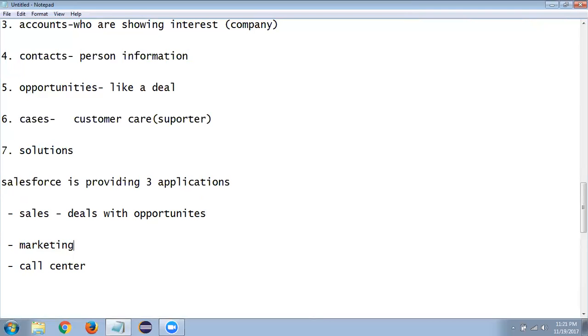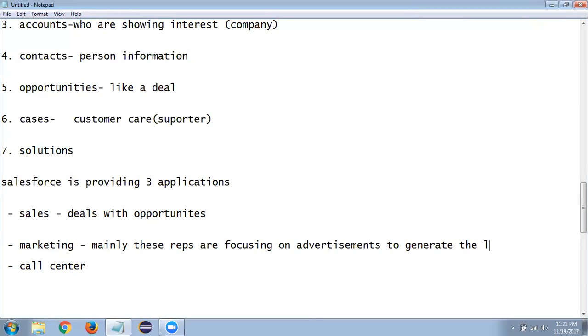And coming to marketing, these marketing representatives mainly focus on advertisements to generate the leads.